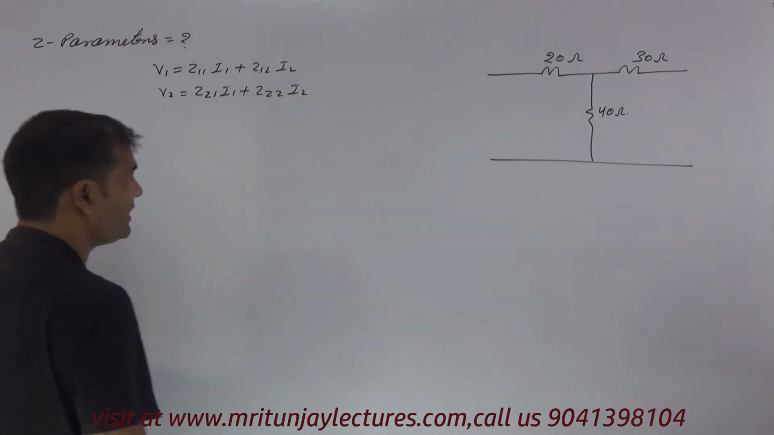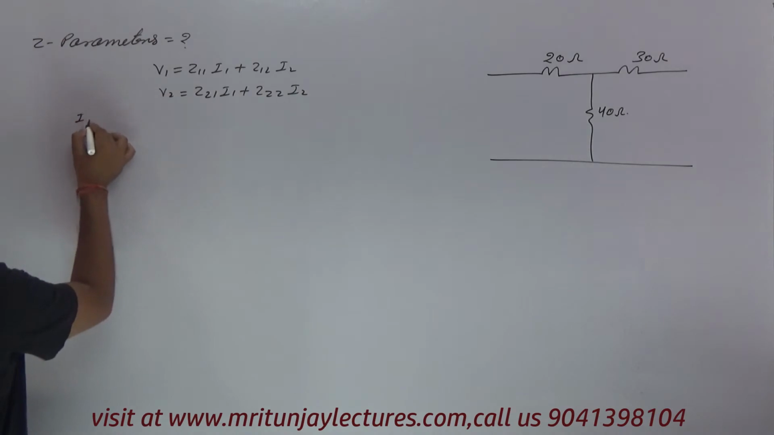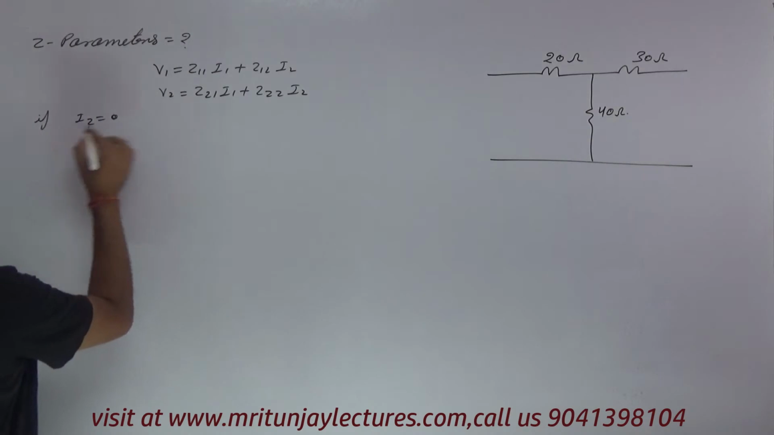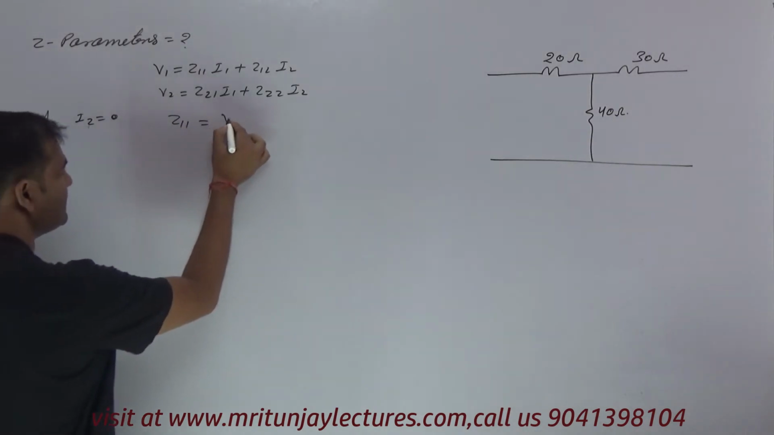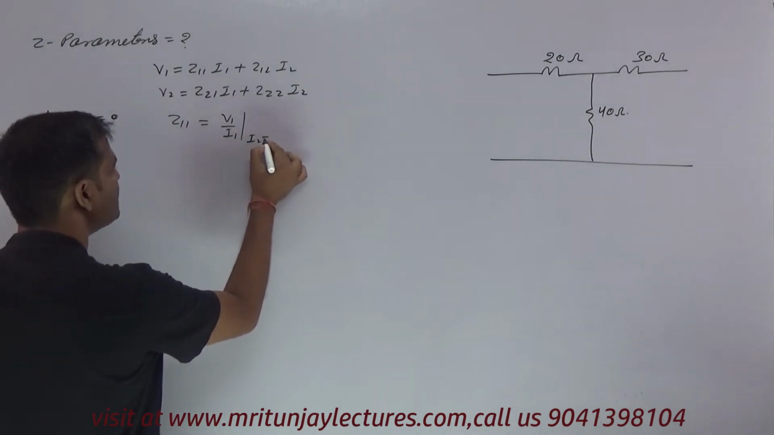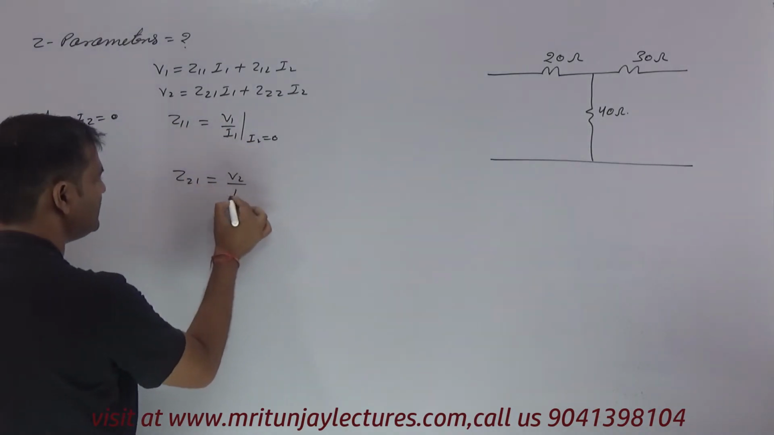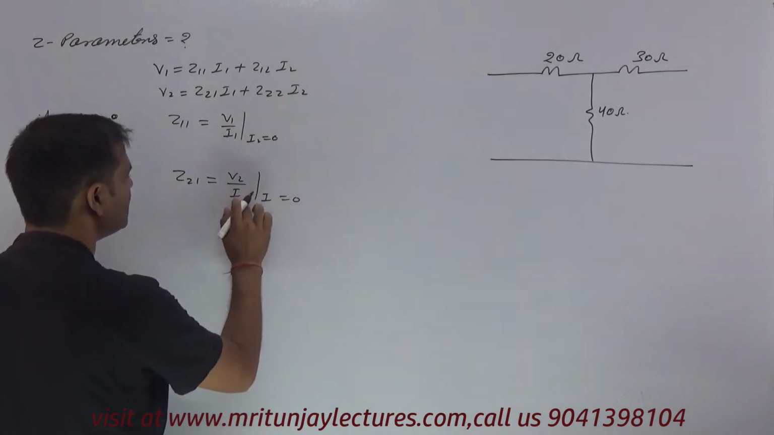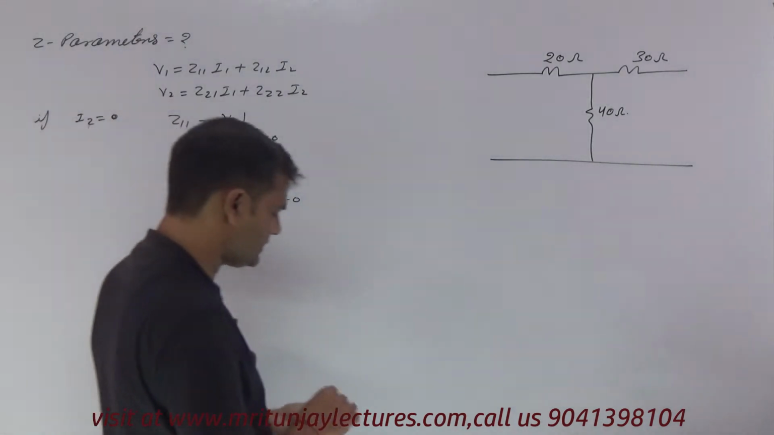If you determine Z11, then I2 is equal to 0. This is V1 by I1 at I2 equal to 0. Similarly, Z21 is equal to V2 by I1 at I2 equal to 0. I2 equal to 0 means the circuit